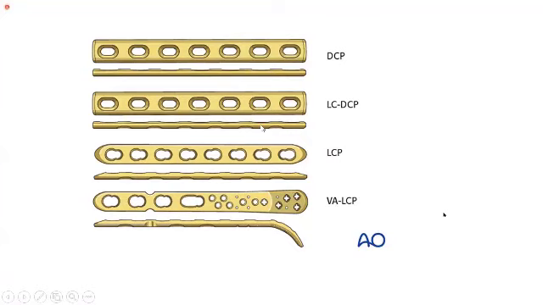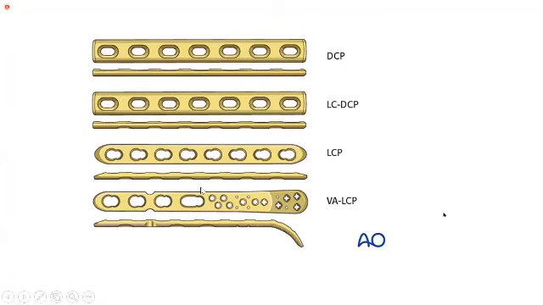This is to decrease the contact area of the plate to the bone, because if the plate is applied to the bone, that part of the periosteum dies, and there is a decrease in blood supply to the bone. For that reason, we now use limited contact plates. So this is an older generation plate, dynamic compression. It was only just DCP. There is no hole for locking. But now we use LCPs. There are serrations and there is limited contact.